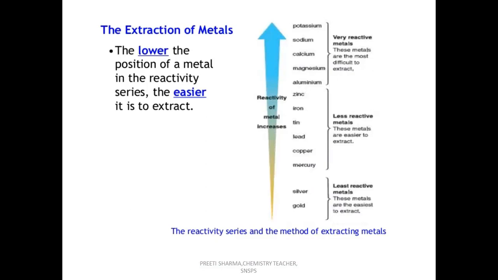So the first one is the very reactive metals, and they are very difficult to extract. The lower the position of the metal in the reactivity series, the easier it is to extract. The middle one is given again, and the last is the least reactive element. So there are different methods to